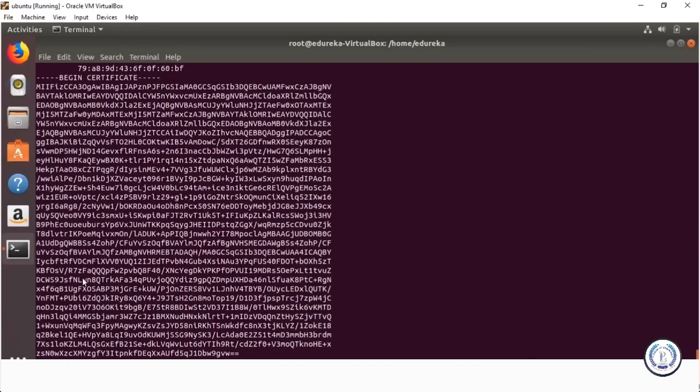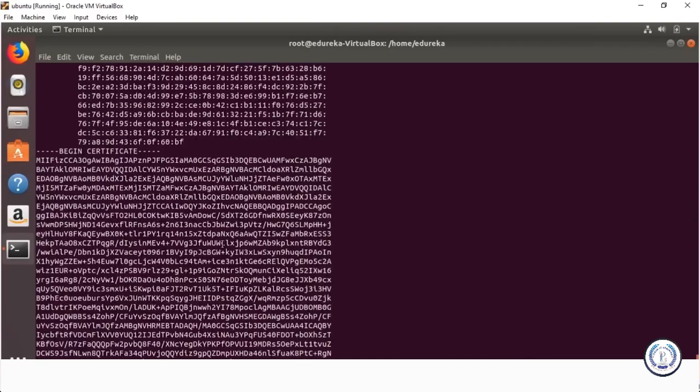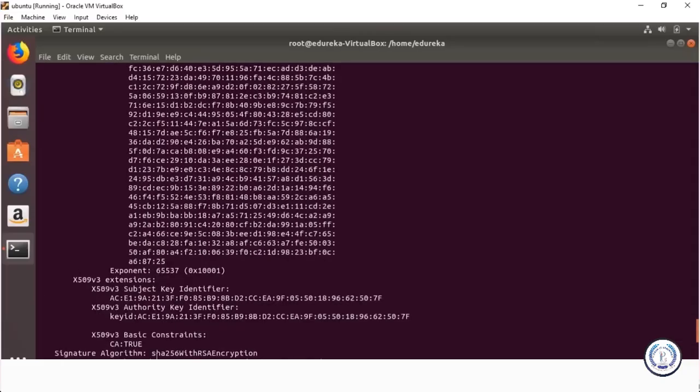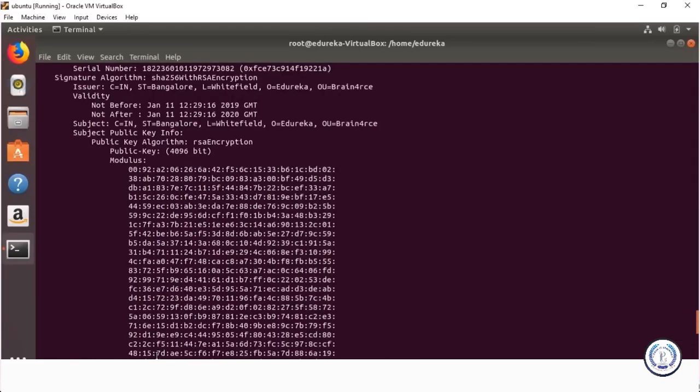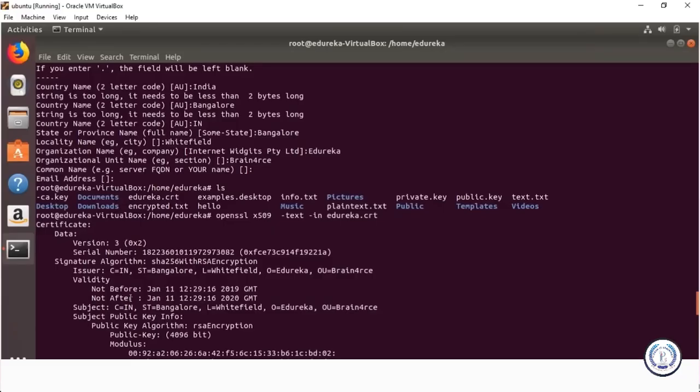So that is the certificate. You see that it has the signature algorithm, and all the information about the certificate. It says the issuer is C=IN, state Bangalore, locality Whitefield, Edureka Brainforce, validity. It has all sorts of information.